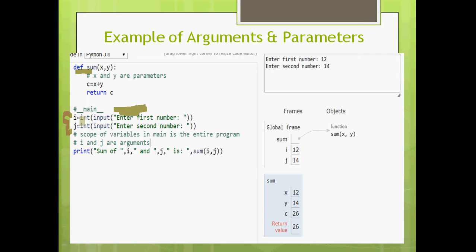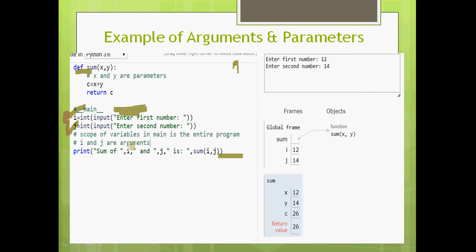So the scope means the reachability and accessibility of these variables are throughout the program. Starting from the first line to the last line of the code, i and j can be accessed. That is the speciality of i and j.